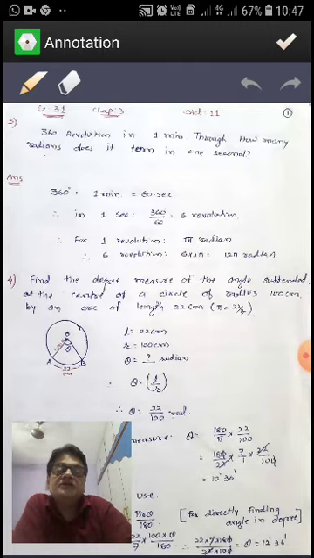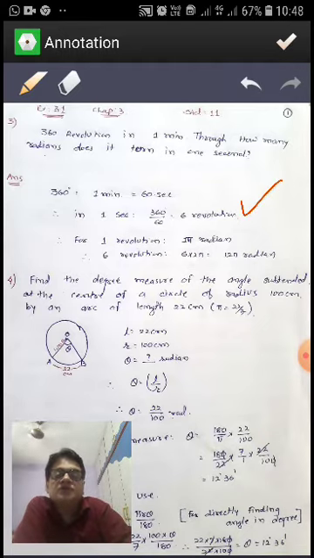See, you know that in 1 minute it can cover 360 degree. 1 minute means 60 second. It means that in 1 second it is 360 divided by 60. So 6 revolution. Now for covering one revolution, we'll cover 2 pi radian. So 6 revolution, it will cover 6 into 2 pi radian.